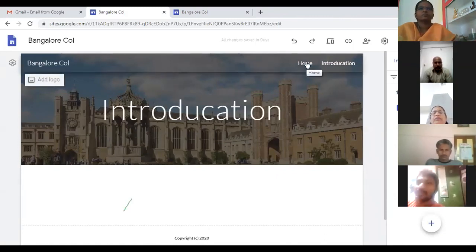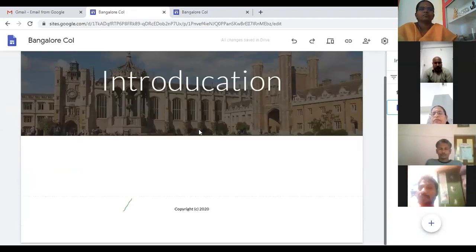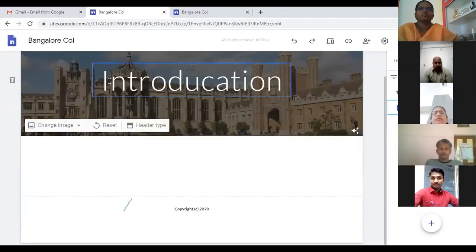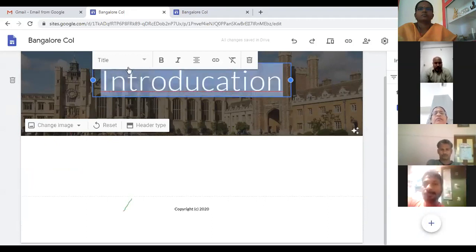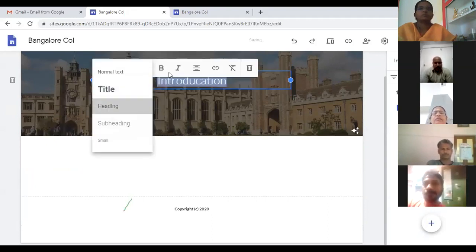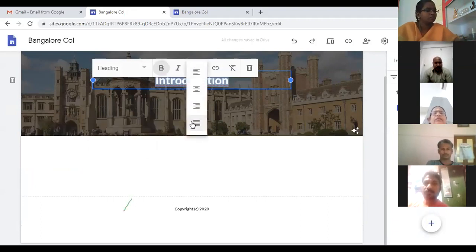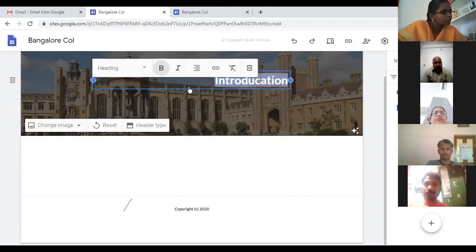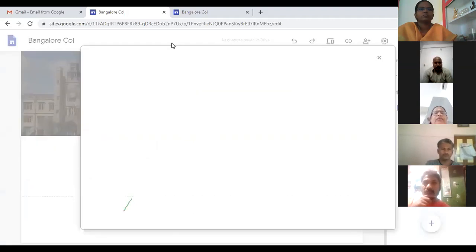See, on the top the navigation bar will appear, with introduction and the home page. Now you are in the introduction section. Same way you can add whatever you want. For the introduction, if you want, you can modify the font, whether header, make it small, make it bold, make it center or right or left, whatever you want. Even the image, if you want, you can change.